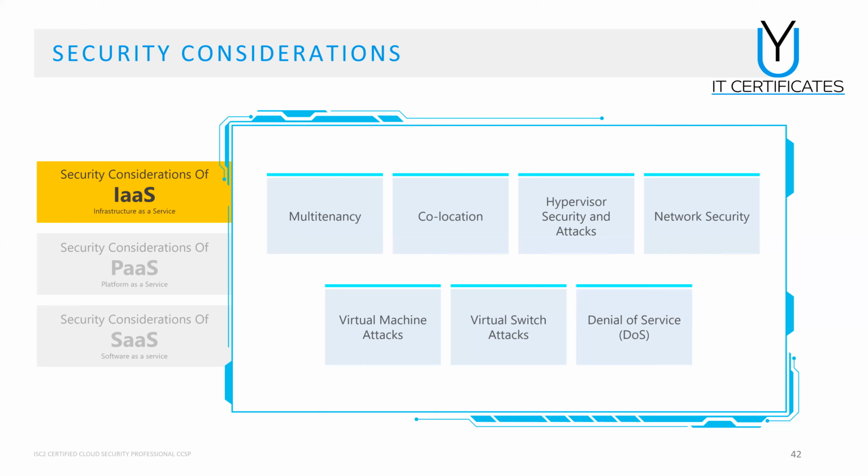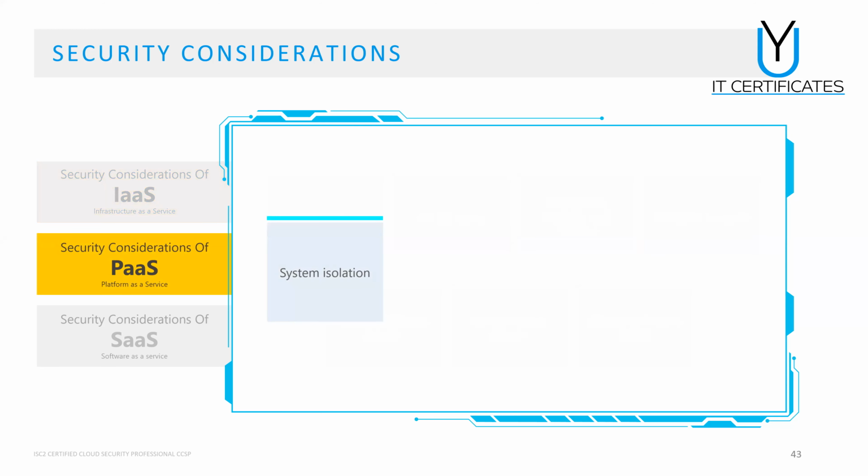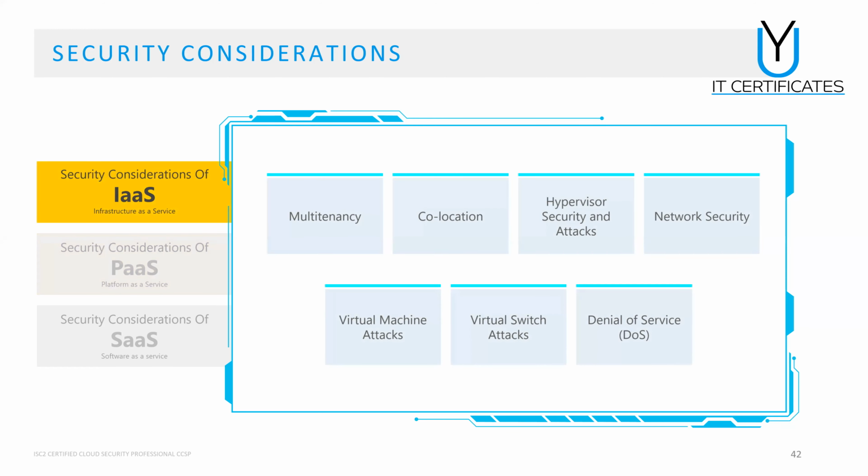Network security, virtual machine attacks, virtual switching. Virtual switching is the same concept as physical switch attacks. They are exactly the same. If you have a virtual machine, then all the layer 2 and layer 3 attacks which the physical switch is subject to will again be valid for the virtual switches. But with the virtual switches, we have one additional point: we don't have a real switch.